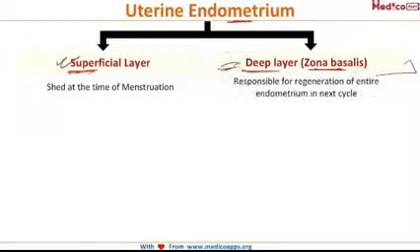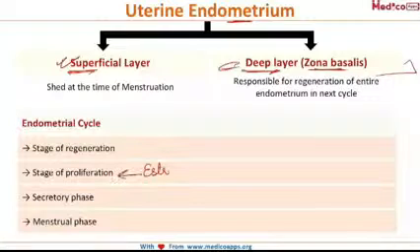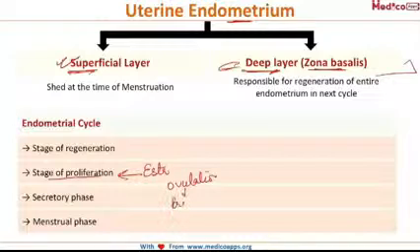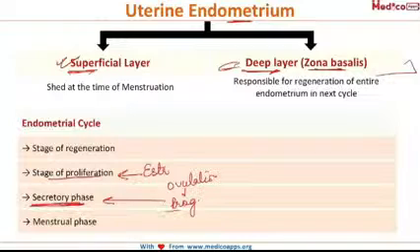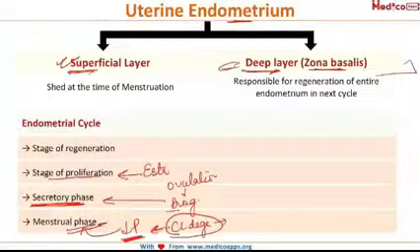Now, moving on to the endometrial cycle, first I told you the regeneration of the endometrium starts occurring from the deeper layer. Then under the effect of estrogen, there is proliferation of this endometrium. Then subsequent to ovulation, there is release of progesterone, and this progesterone makes the endometrium secretory. And as the corpus luteum degenerates, the level of progesterone decreases. Now, the endometrium loses its support, thereby leading to menstruation. So, the menstrual phase. So, these are the stages of the